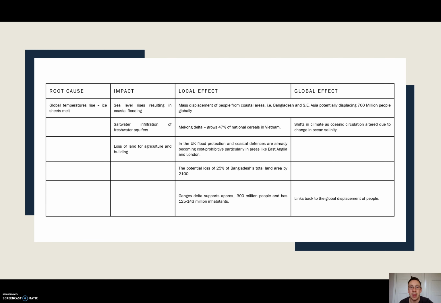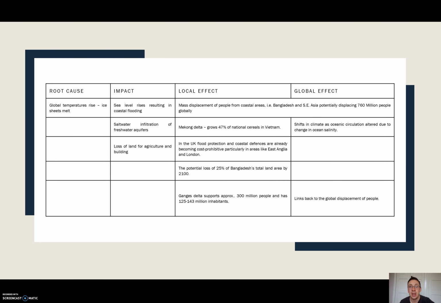If we alter the balance of salt in the oceans, or the ratio of saltwater to freshwater in the oceans, we're going to see huge changes to that, and that could potentially change the UK's climate in a very, very dramatic manner. Now, loss of land in general, this is something that you would think is reasonably self-explanatory, and to be fair, it is in terms of what the impacts are, but some of the different ones that we see,